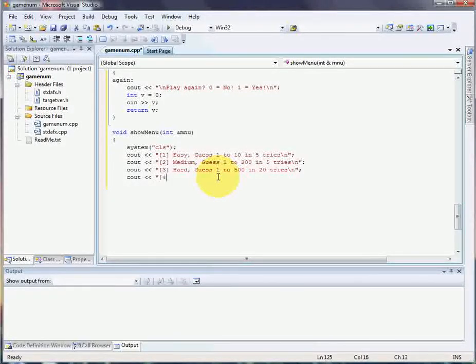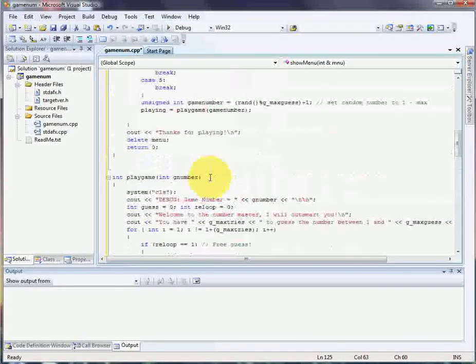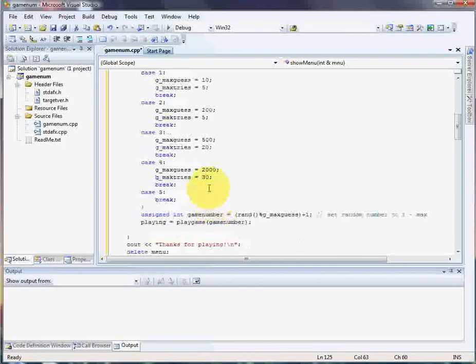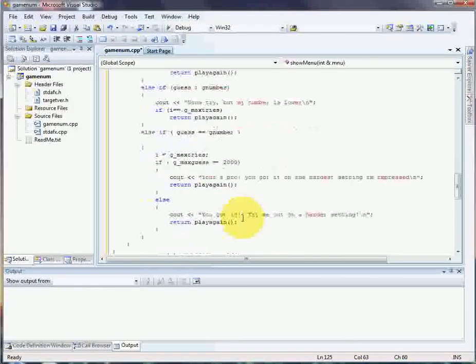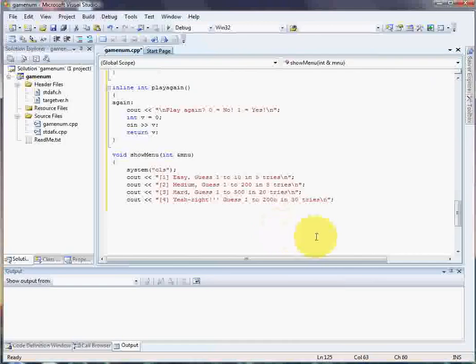All right, number 4. Kind of like Suicide Wings. It's beyond hard or beyond hot. We're going to call it yeah right. Guess 1 to 2,000 in 30 tries. I don't recall if I set it to 30. Did I? Yeah, I did. 30 is probably a bit much, but we'll leave it like that. Alright, now we need